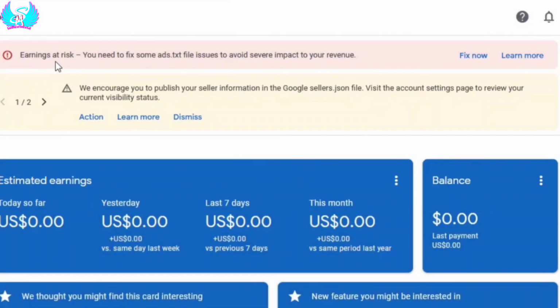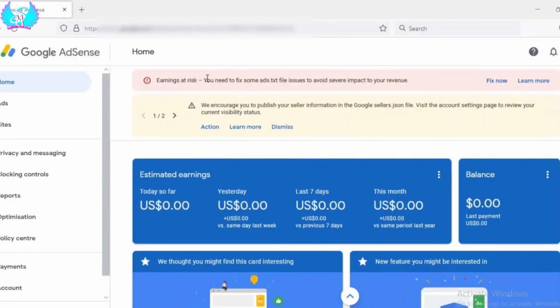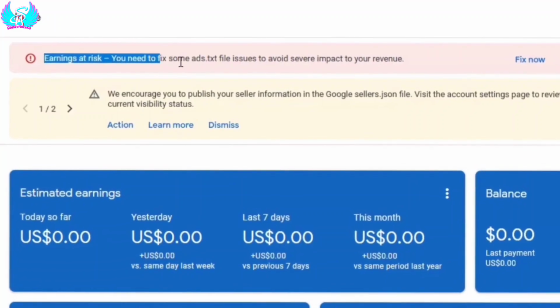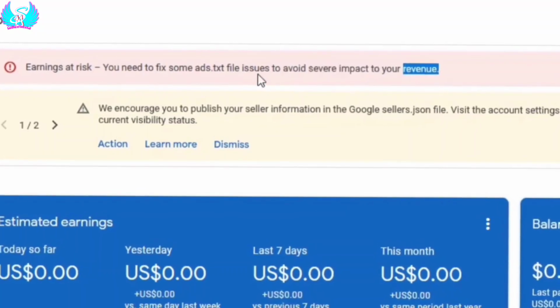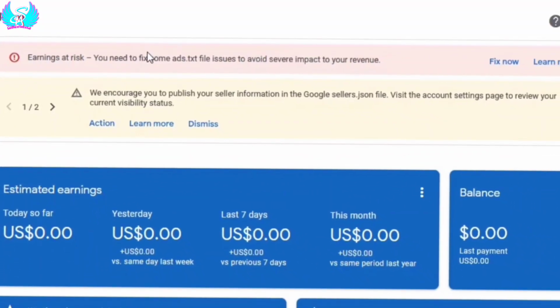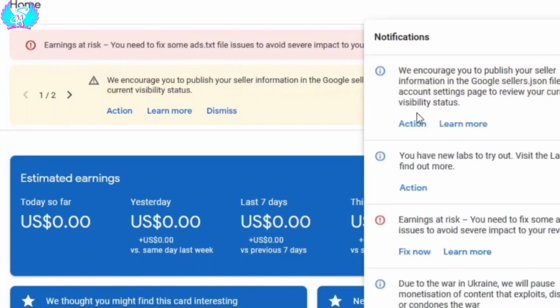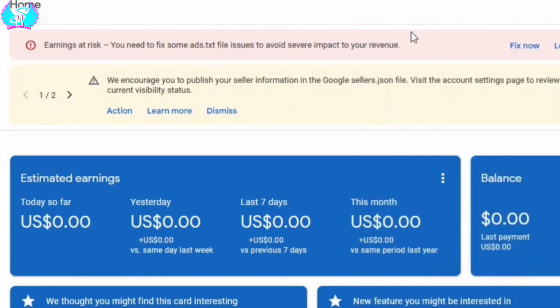So this was the page that Google AdSense sent to fix the error. This is the error that you need to fix. Until and unless you fix this error, Google is never going to allow verification of your website for monetization. Here the error is: you need to fix some ads.txt file issues to avoid severe impact to your revenue. Google AdSense has already started monetizing your website,